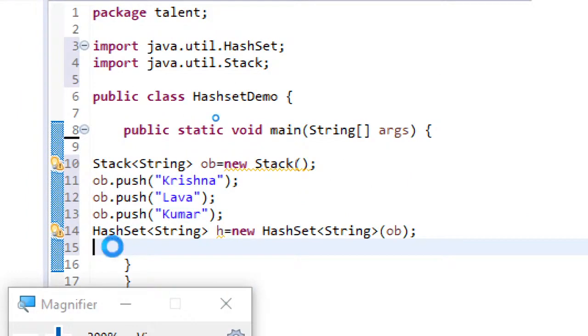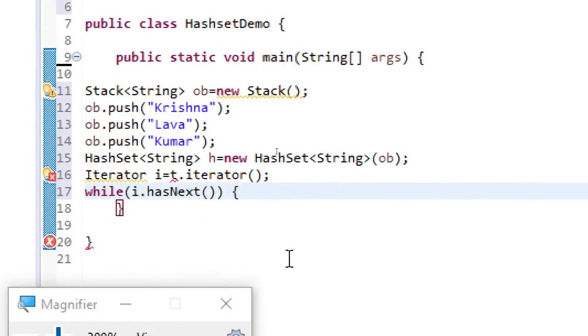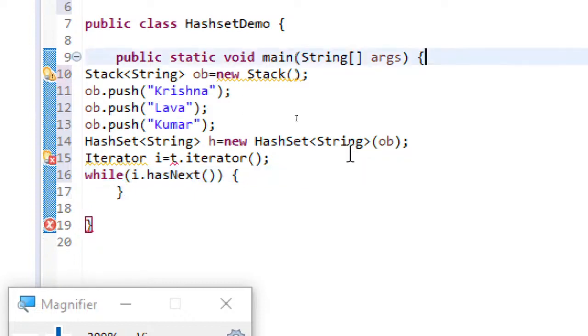I'll just tell you what I have done. I hope you are able to understand what I am doing here. I have just used the stack that we created in the previous session. To this hash set, I am passing the stack object directly.